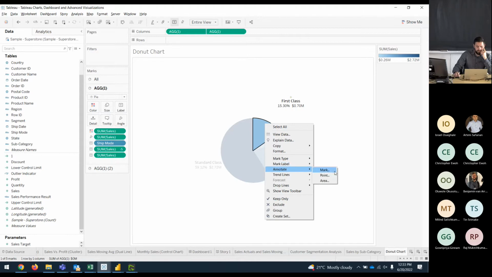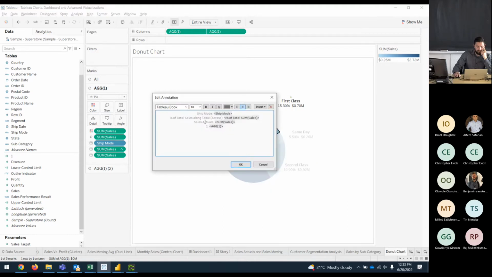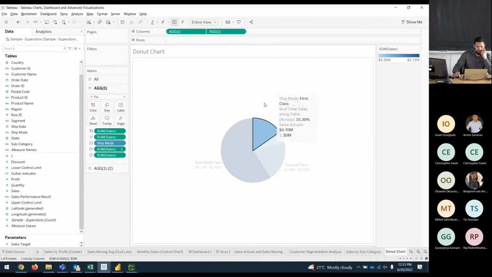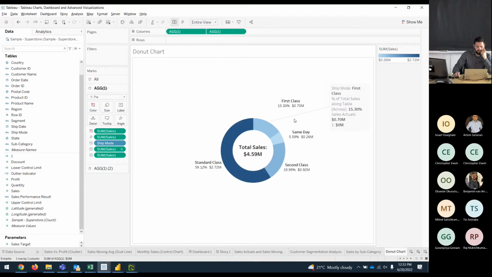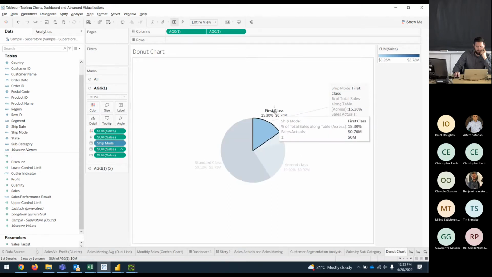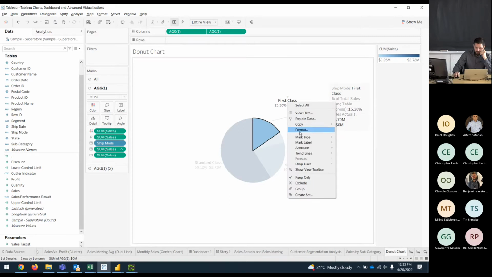Sorry, you could do annotate, mark, and then you could do this, right? And now there's a line there, and you can edit this the way you want it. Yeah. Right? But this is pretty self-explanatory anyways with the lines there. I think there's probably a way too just to turn a line on from here, like trend lines,